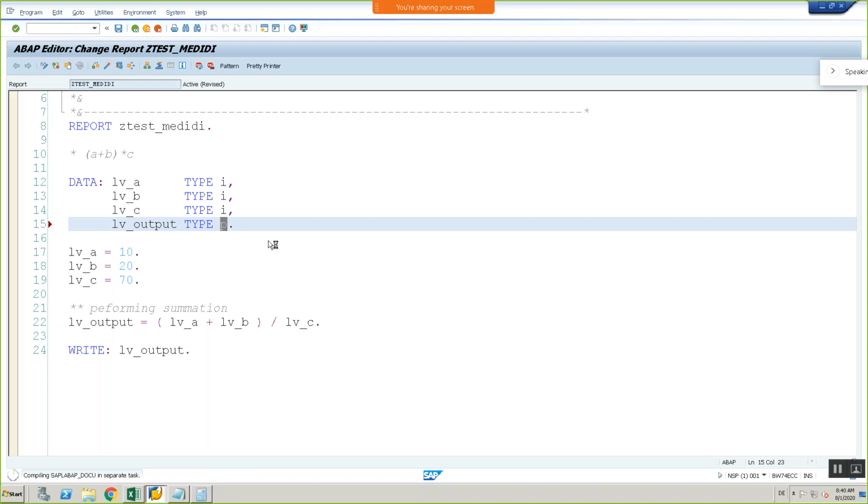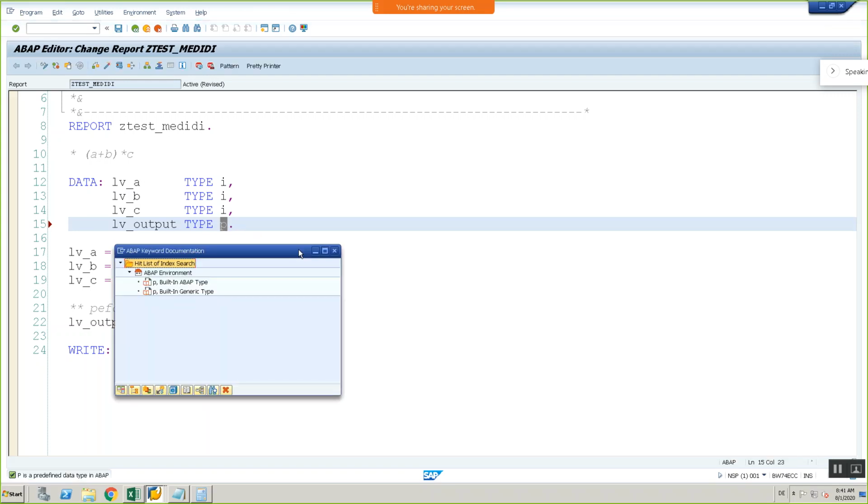So when you want help from SAP on the data types and all, you can press F1. See, I kept my cursor next to P and I pressed the F1 button. Now see what help I am getting from the system. Sometimes it's not mandatory for us to remember all things, right?